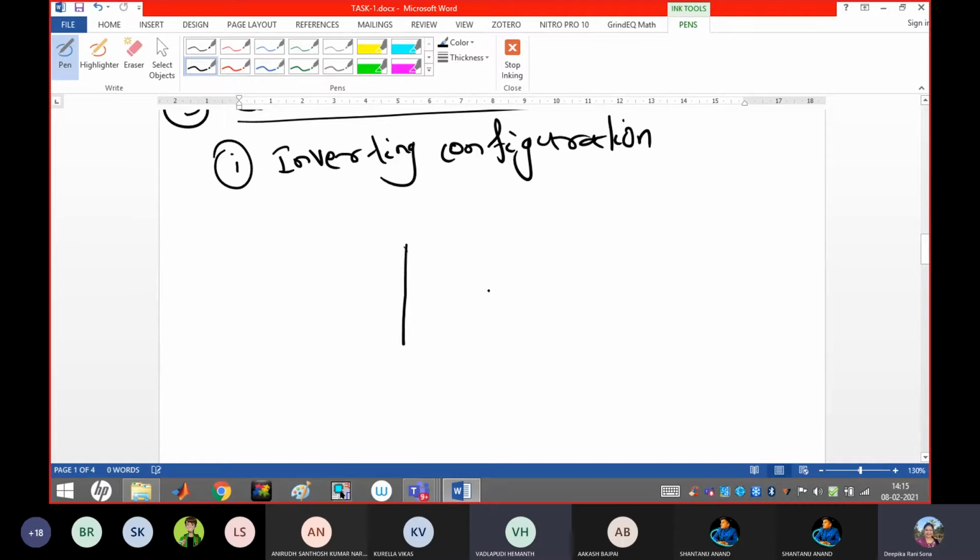Ma'am, where do we need to write our names and roll number? In the lab assignment, ma'am. The first page you have to make, task one, and the name of the task. Name, registration number and lab slot, ma'am. First page, before the aim or after the aim? Before the aim, one separate page you have to do. Okay, ma'am.